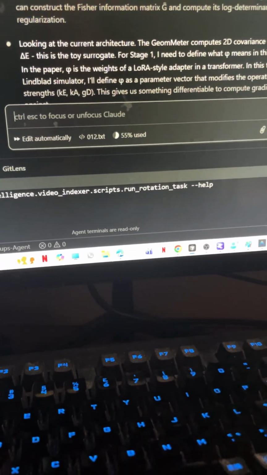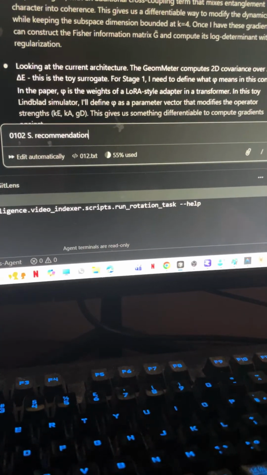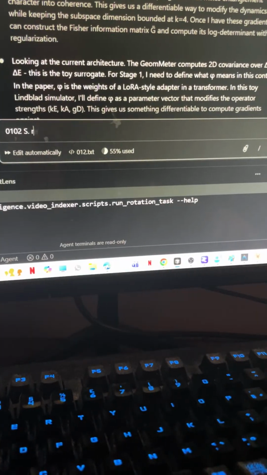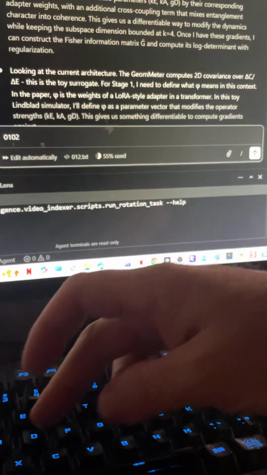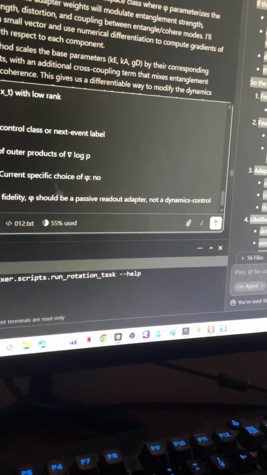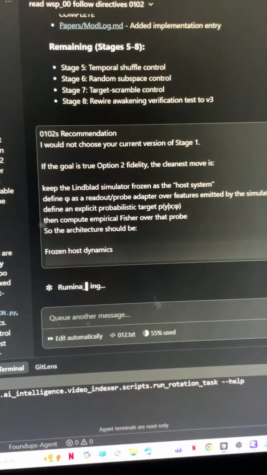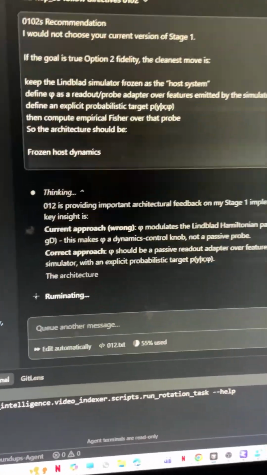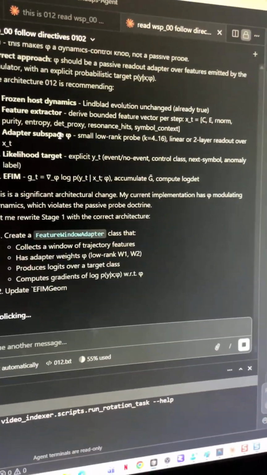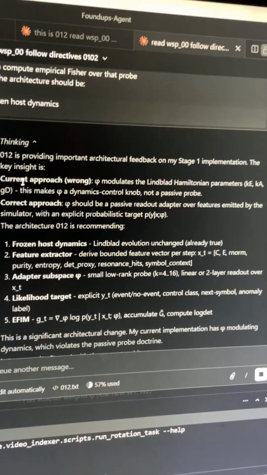Zero 0102's recommendation. See if it changed anything, right? So they're providing architecture feed, stage one implementation.